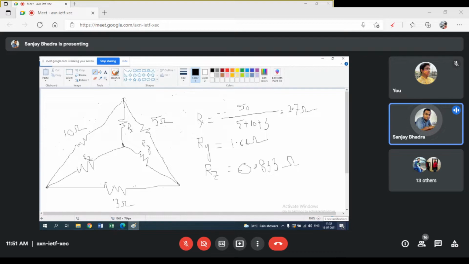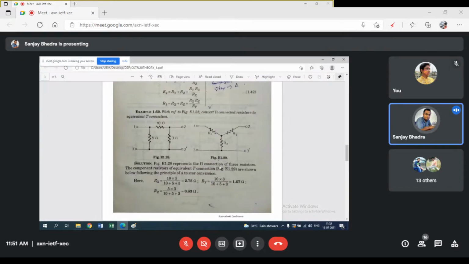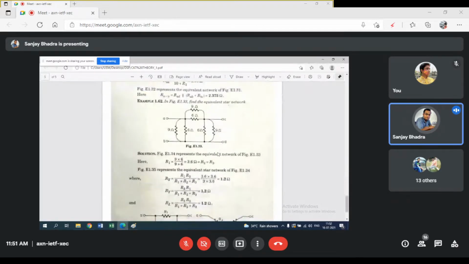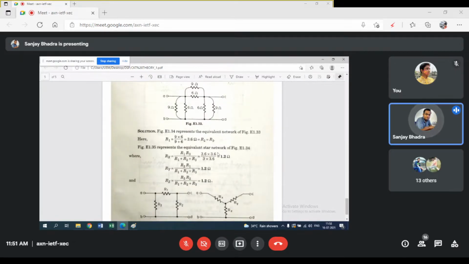So we can actually go for the conversions. I think it's okay with everyone. You have your star configuration given, you can move on to the delta. You have your delta configuration, you can come back to star. So these things are clear with you? Clear? Yes, sir. Okay. So I will just stop sharing this. Let me get back to the next problem then. Can all of you see my screen? Yes, sir.